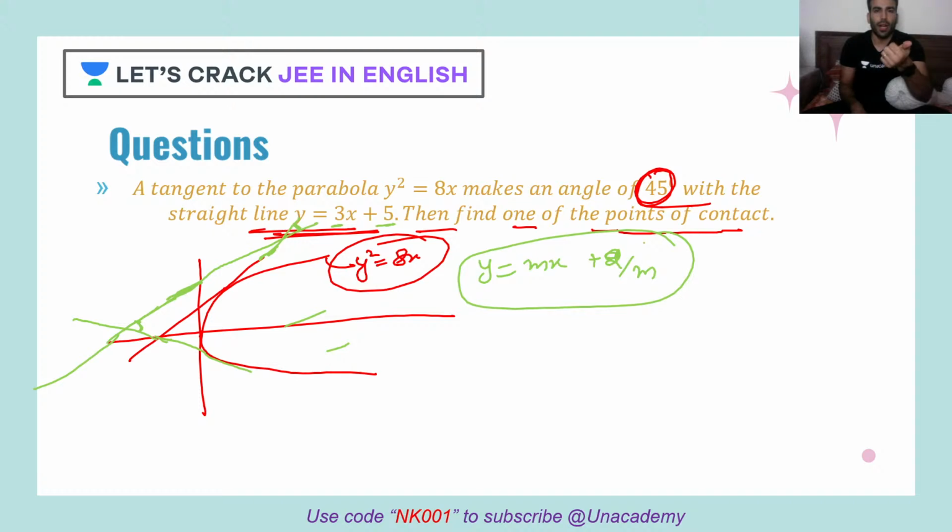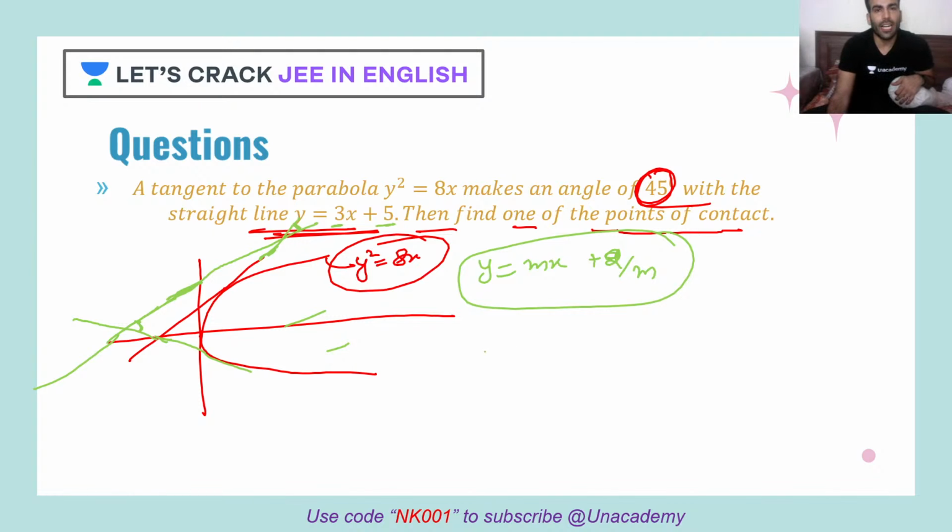Point of contact is required. That means I need it in terms of t. If I need it in terms of t, what can I do? Someone has given me information in slope. Okay, slope and parameter, yes, I do know the relation. Okay, let's do it this way. So that's how it clicked my mind.